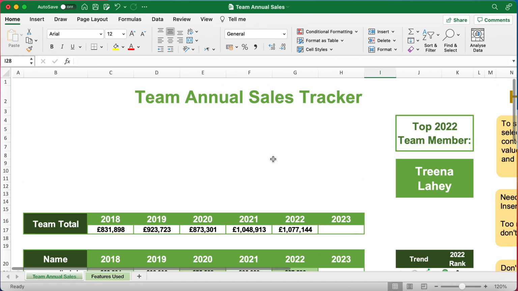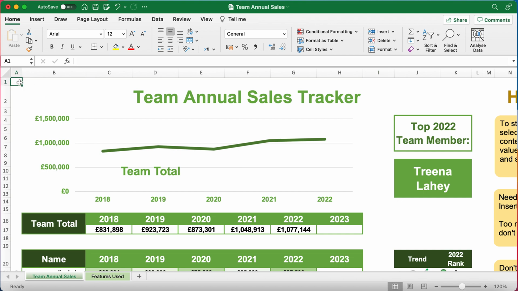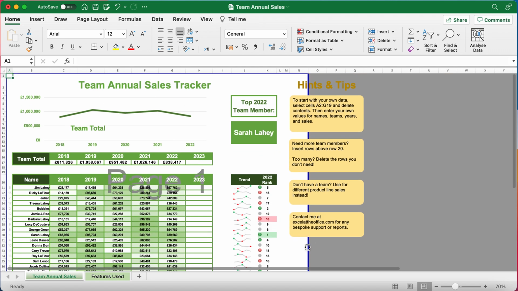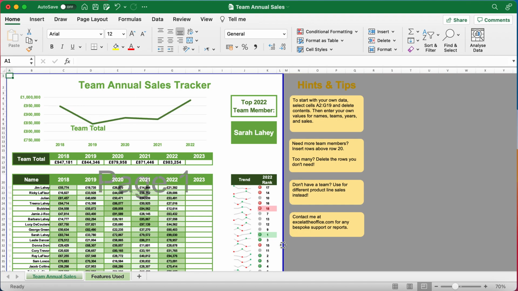Okay, so that's the main features I've used here. What I've done also is, if I show you down in the bottom here, these are the different quick buttons to view it in a different way. I tend to only ever use this button, which is the normal grid line view, or spreadsheet view, and the page break preview. So you can see here the page breaks are set so that this is the only area that gets printed, the extent of what's within the blue lines, so that when I go to